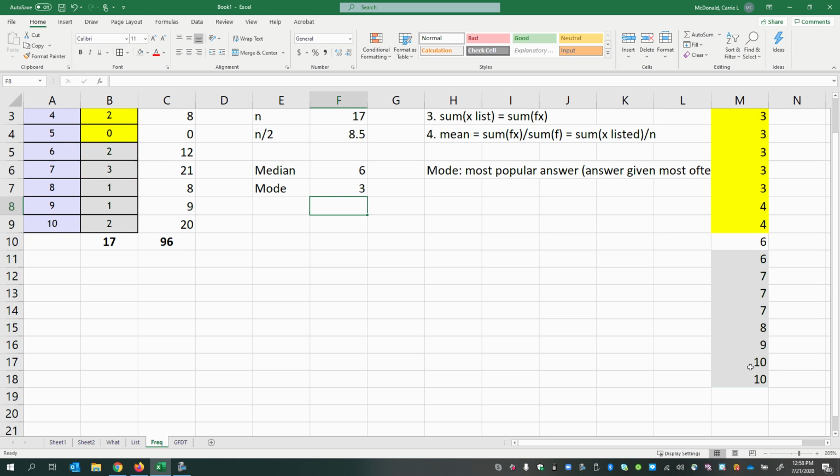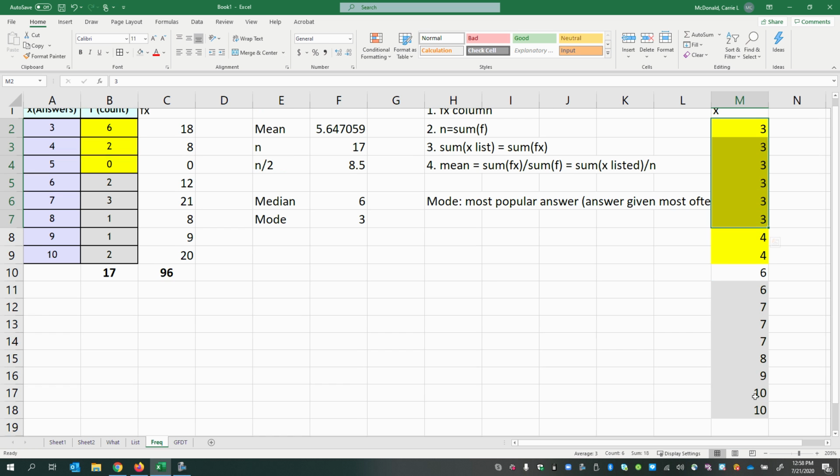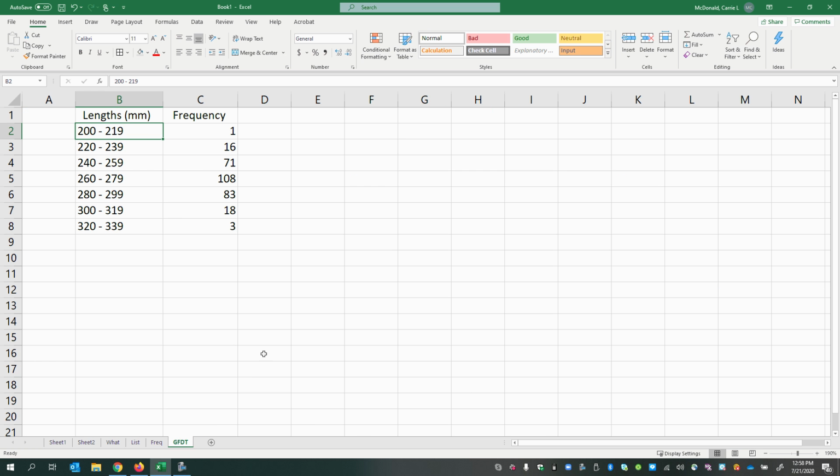Just like if you look here, which value do you see appearing the most often? You see 3 appearing the most often out of all the other answers. And finally, if you're dealing with a grouped frequency distribution table,